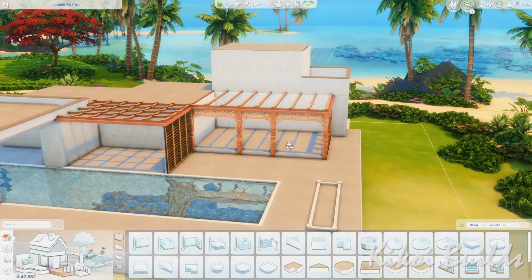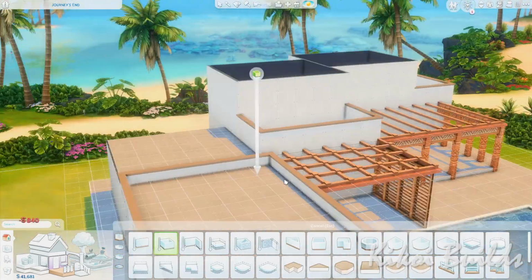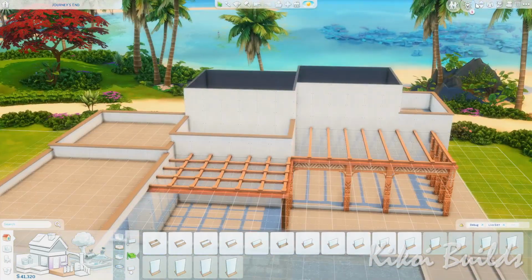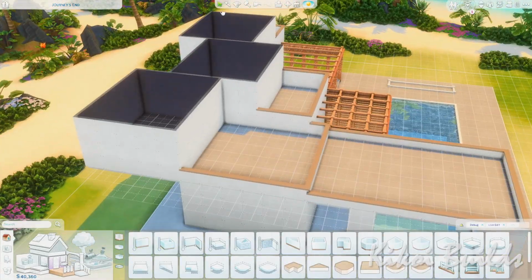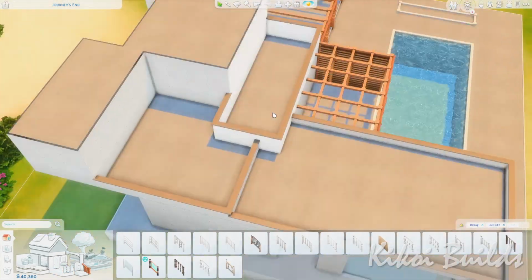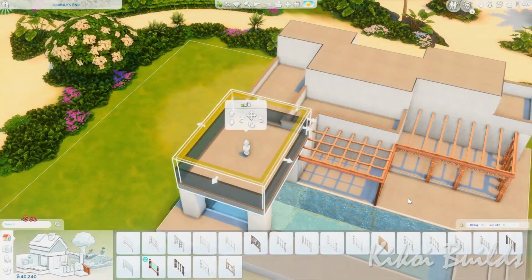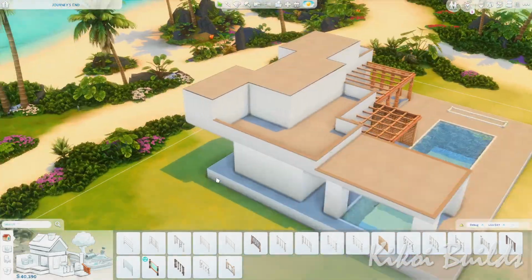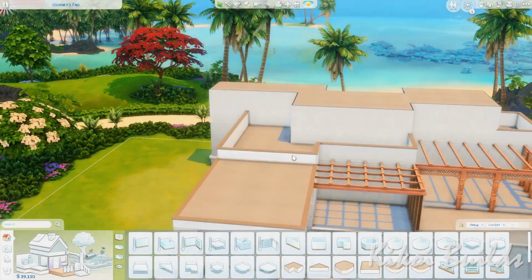That is before Get Together came out. So yeah, that is such a huge collab. I was very, very happy to be part of it, and I was able to choose this lot because I wanted to build in Sulani. This was originally the lot called Journey's End. It's the home of a couple of adults, a woman and a man. I don't remember their first names, but they are the Kahananui